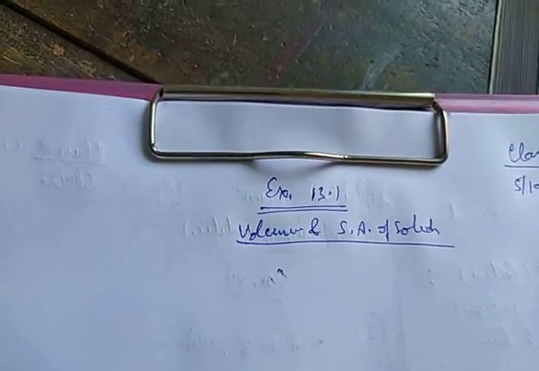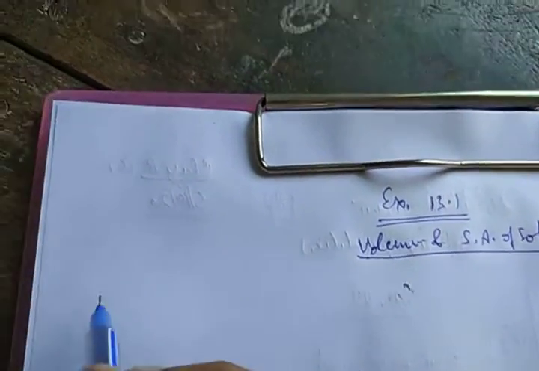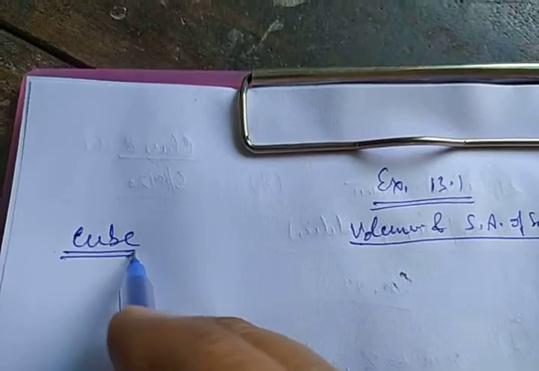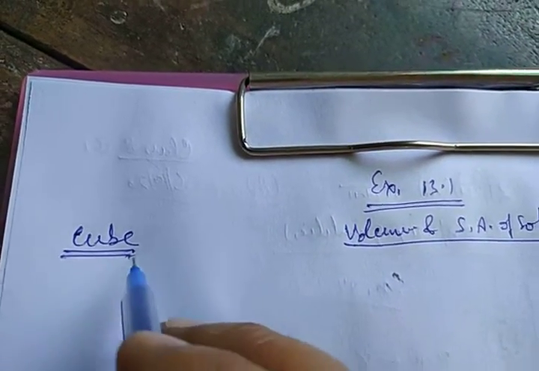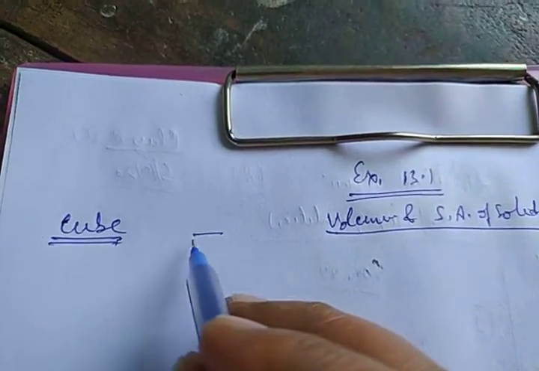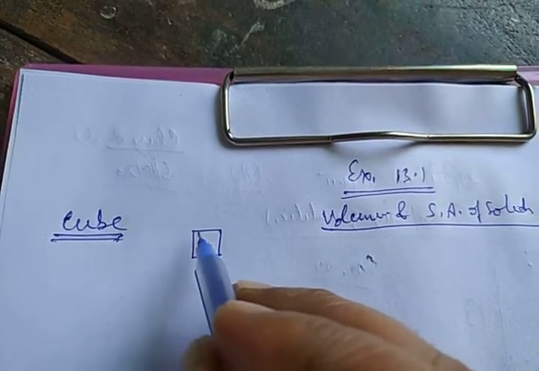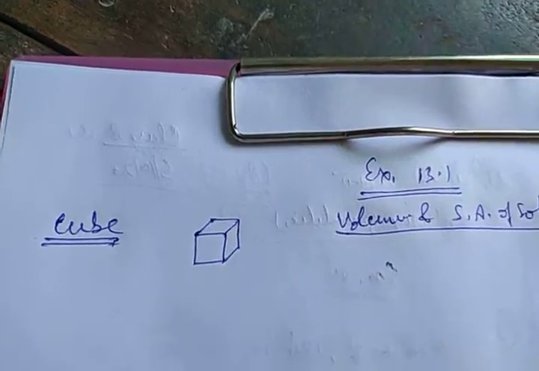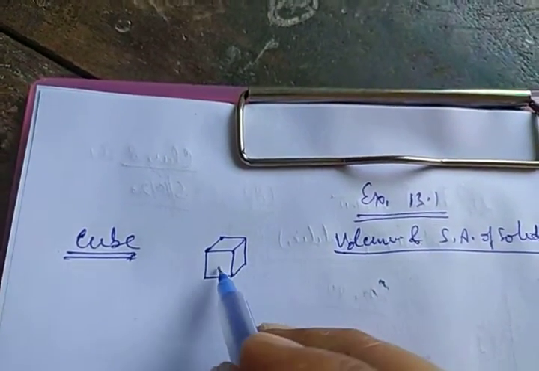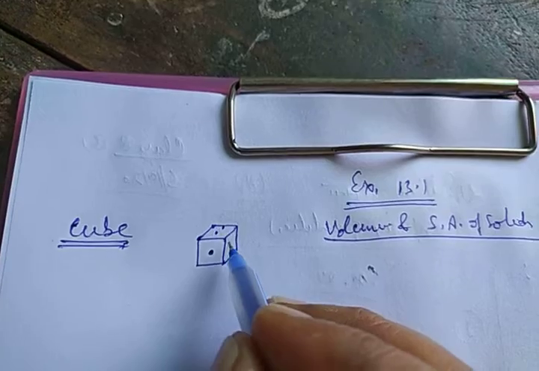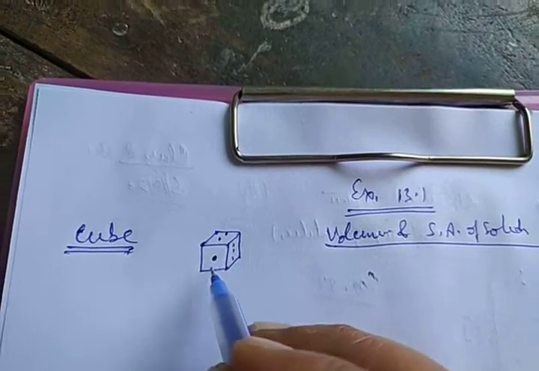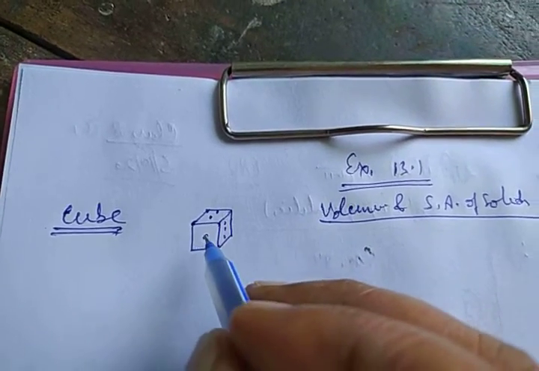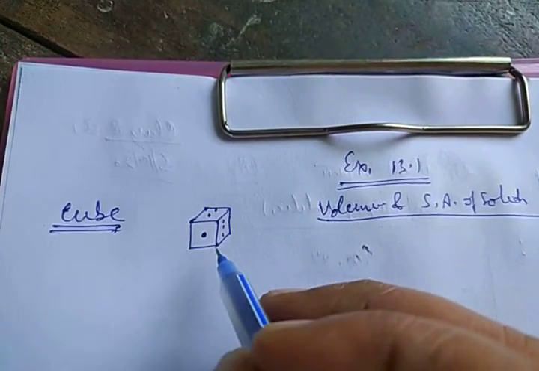In this chapter 13.1 exercise we will discuss cube and cuboid. Cube is a figure like dice in the game of Ludo. It is having all the side length, breadth, height of equal size like this. This is the shape of your dice. It is numbered like 1, 2, 3, but we are not going with the numbers. Actually we are discussing the shape. Shape of the dice is called the cube.